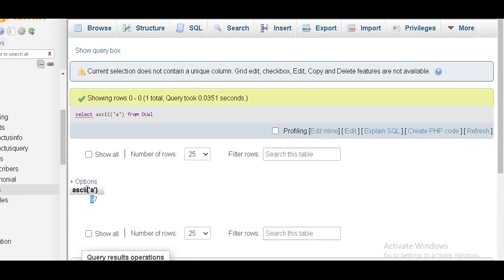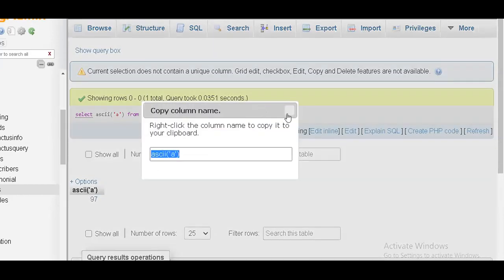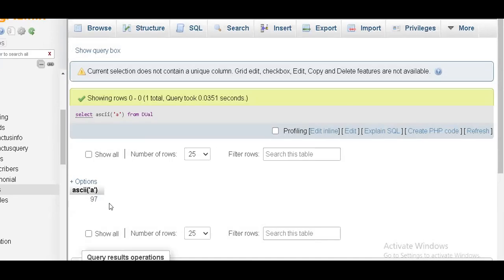So ASCII is the function, string function, which is going to convert all the alphabets or symbols to that particular number. American Standard Code for Information Interchange. This gives the ASCII value for whatever you are typing, it is going to convert into numbers. So we have to remember every value? No need to remember. Just how to use the function, that is enough for you.